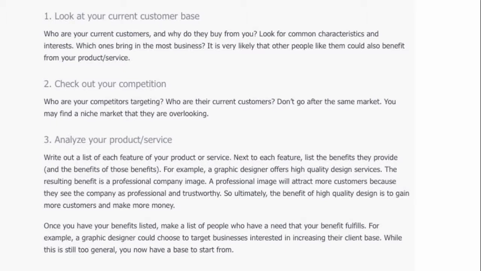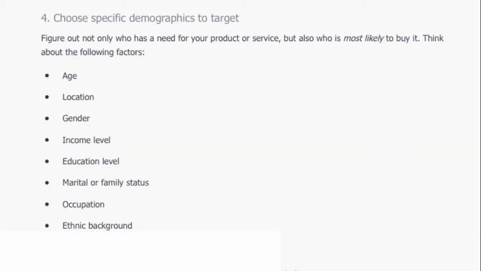And then analyze your product and service. Write out a list of each feature of your product or service, and then next to each feature, list the benefits they provide. Once you have your benefits listed, make a list of people who have a need that your benefit fulfills. Choose specific demographics to target. Figure out not only who has a need for your product or service, but also who is most likely to buy it. Think about the following factors: age, location, gender, income level, education level, marital or family status, occupation, and